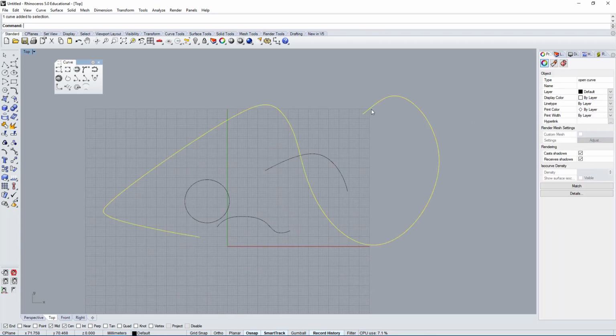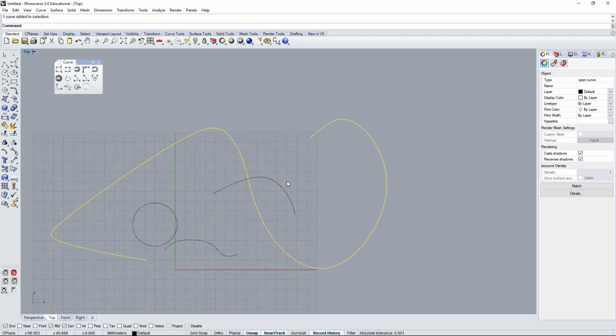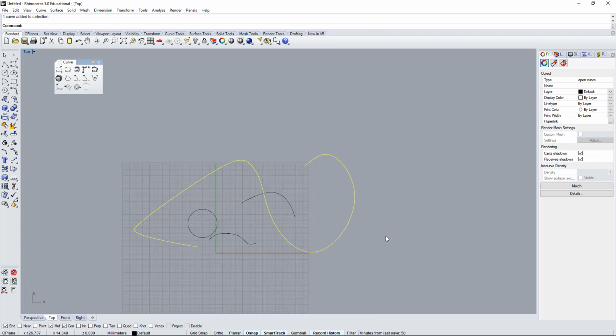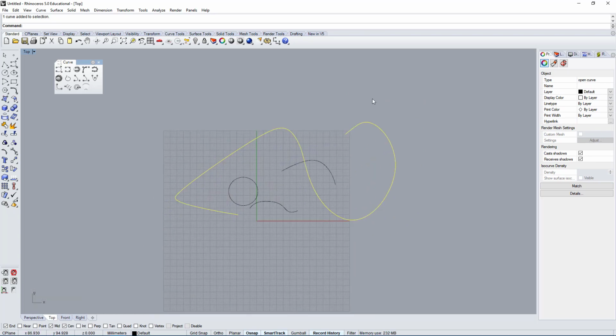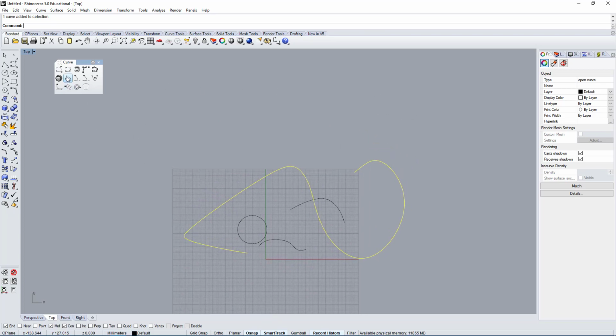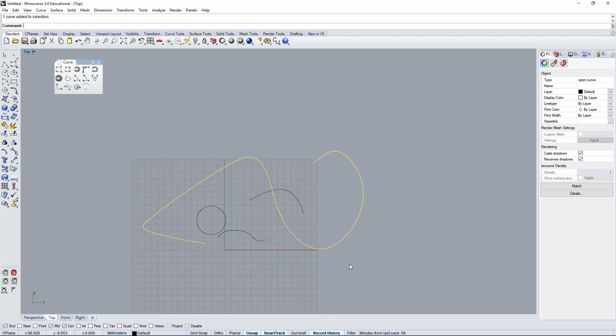So this is how you create curves, how you edit them, and how you combine multiple curves into one. I hope you learned a lot, and I hope this wasn't too confusing. I know there is a lot to it. I would suggest you just practice with the different methods. Try joining the curves, exploding them, try the different tools, and try to get more familiar with how you would edit such a curve.